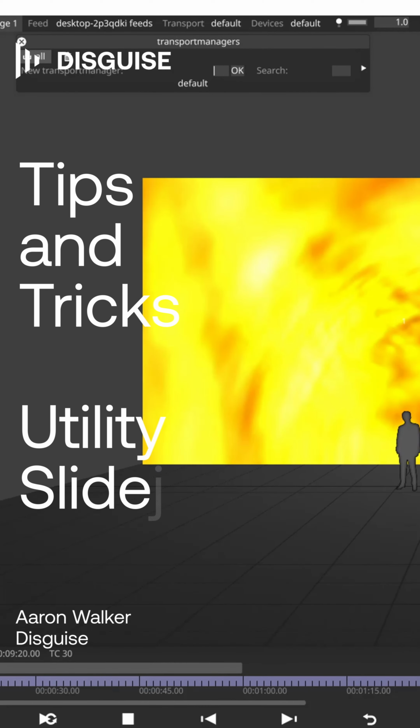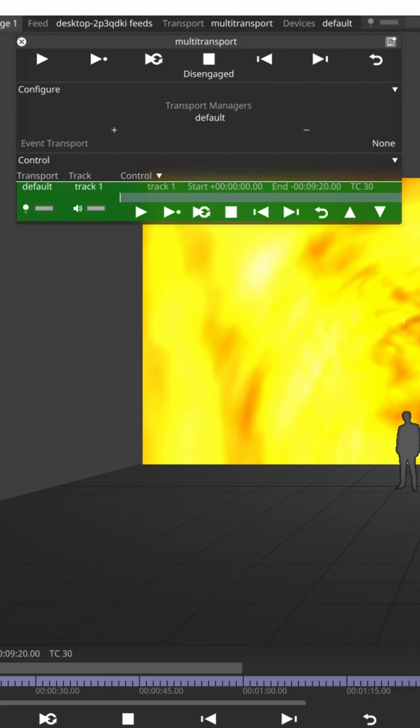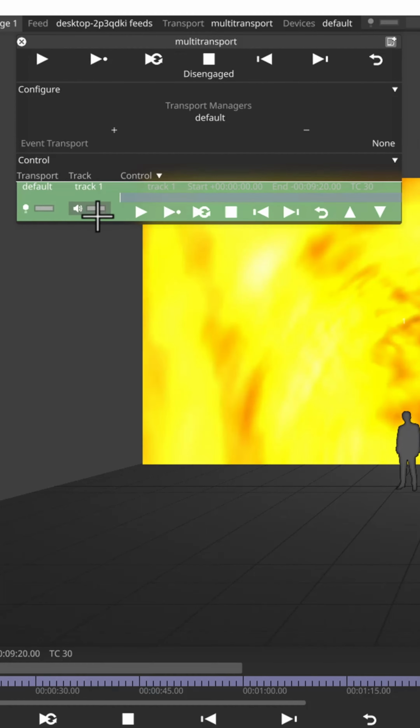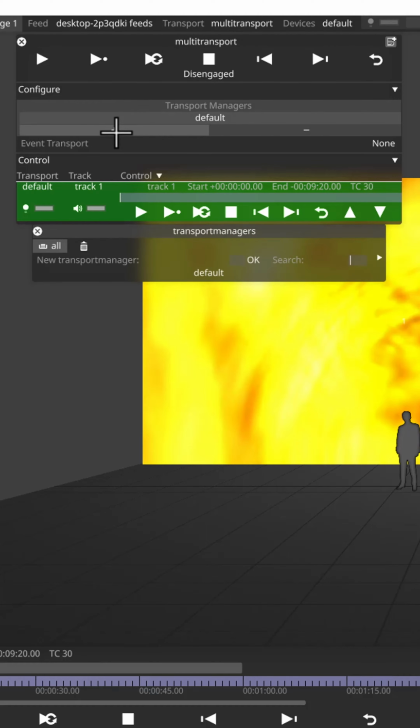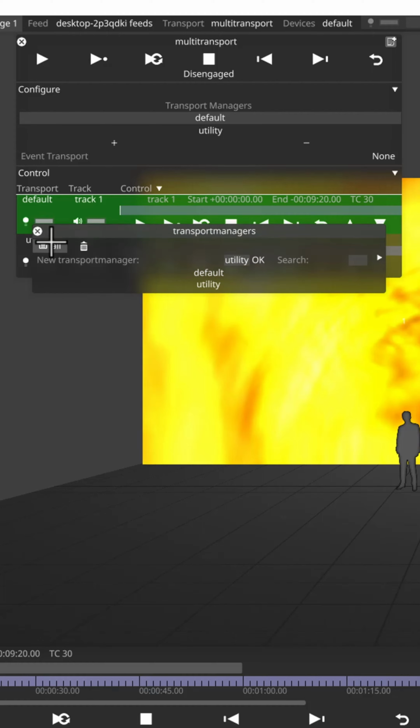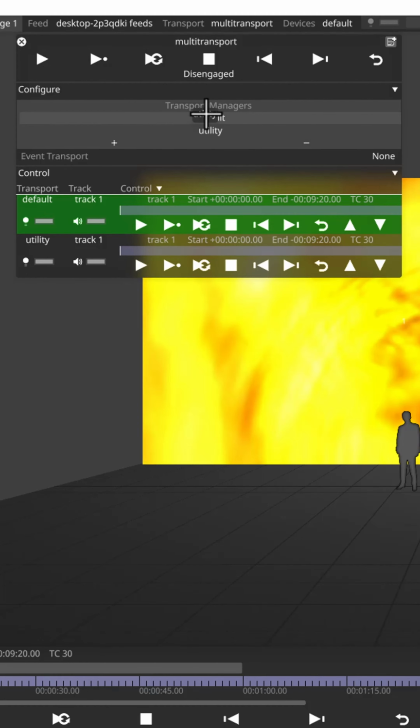In this instance, what you're going to need is you're going to need to create a multi-transport. You can select this by left-clicking the transport manager and creating a new multi-transport. And I now have my default track, and this is pretending to be my show content. If I create another one called utility, I can line this up above the original and I can play a